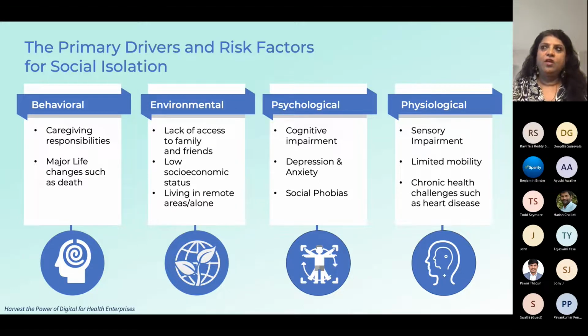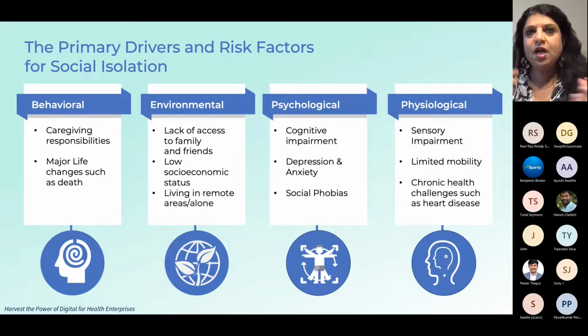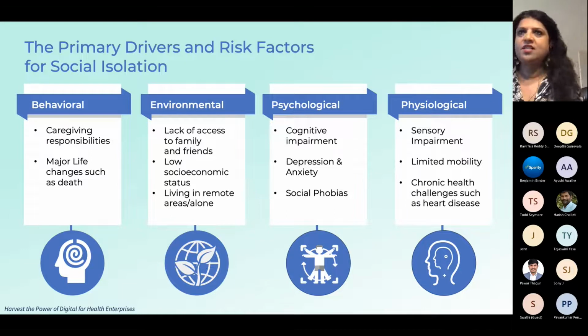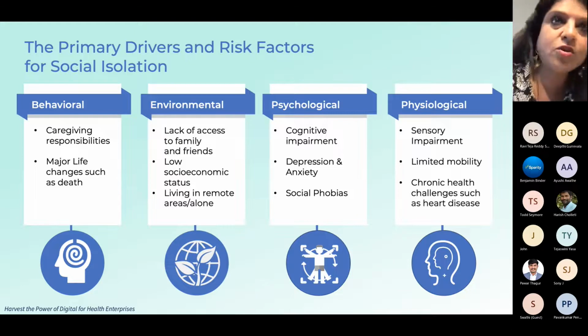Psychological is when you have, one of the things that I have been noticing since the pandemic is that a lot of individuals stopped communicating because they were not interacting with people, and their cognitive ability, as they got older, became less and less in function. Mild confusion, mild cognitive impairment, these were more noticeable if you didn't adapt yourself to some other technology-enabled cognitive stimulation. Depression, anxiety is at its heights, right? It's off the charts. Then of course social phobias.